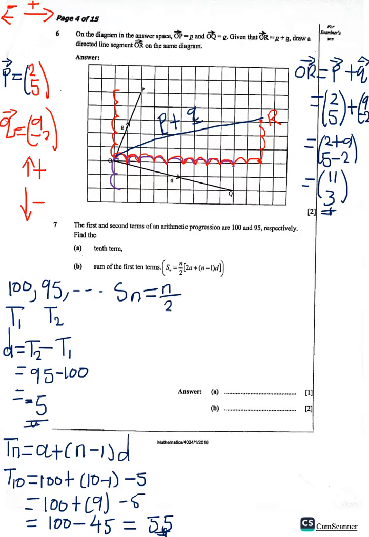So this is the formula for the sum. Now let's substitute. So n is 10. Now here we have 2 times a, which is 2 times the first term, 100. 2 times 100 is 200, plus, so n is 10 minus 1 is 9, multiplied by